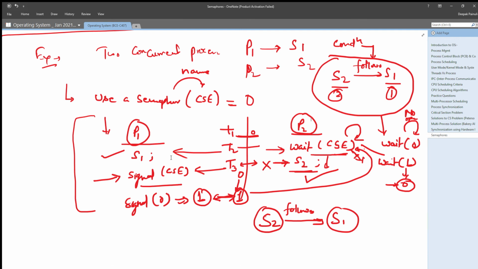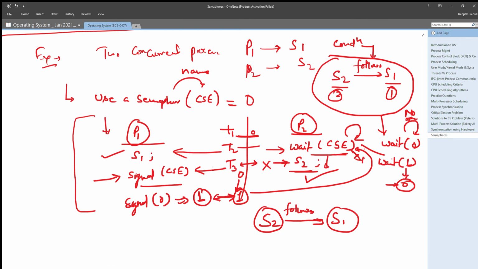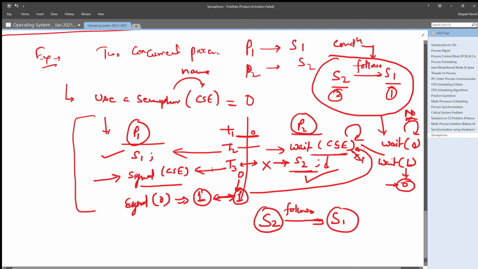So whatever, if you want to simply execute processes according to some rule, you can simply modify the code of those particular processes using the semaphore technique, and you can use a semaphore and give the proper value to that particular semaphore, and use the wait and signal operations on that semaphore.